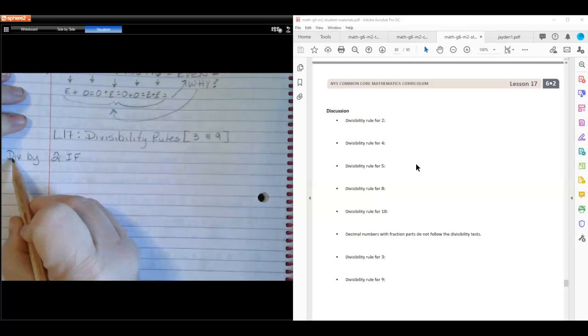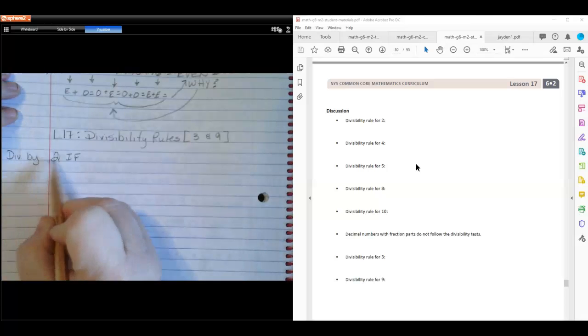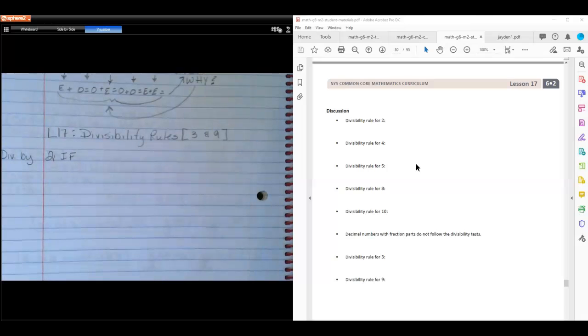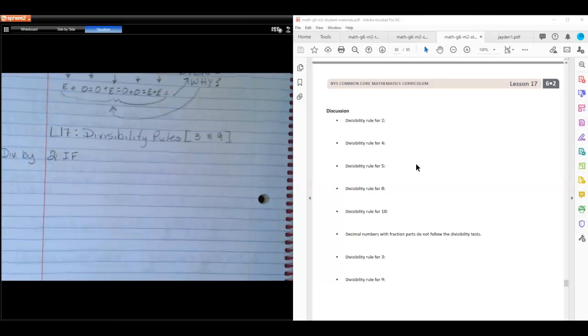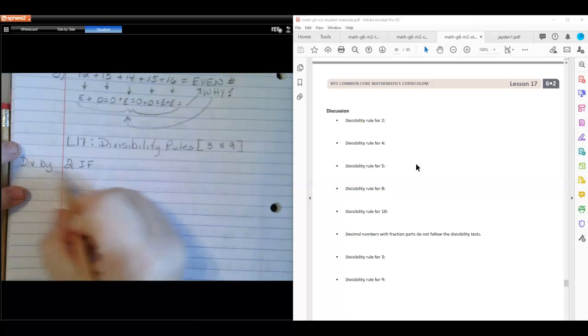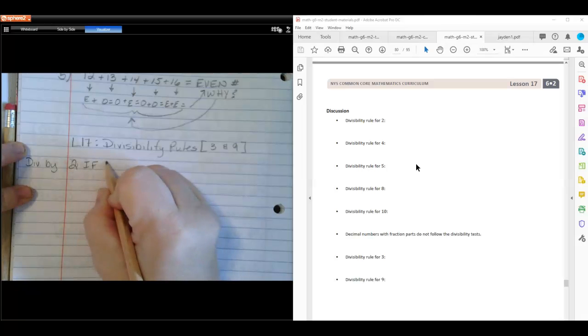Okay, I want you to write that down. A number is divisible by 2 if. Okay, so all you have to do is write down these rules and then use the rules as you are doing this. So a number is divisible by 2 if